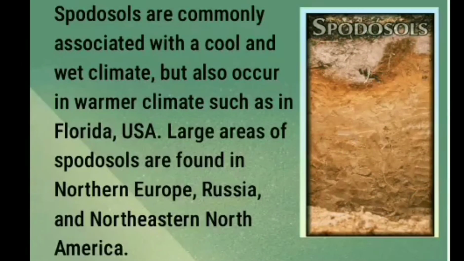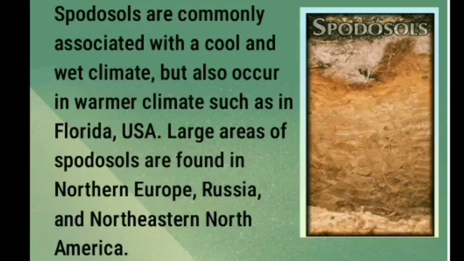Spodosols are commonly associated with a cold and wet climate, but also occur in warmer climates such as Florida, USA. Large areas of spodosols are found in northern Europe, Russia, and northeastern North America. Spodosols form from weathering processes that strip organic matter combined with aluminum, with or without iron, from the surface layer and deposit them